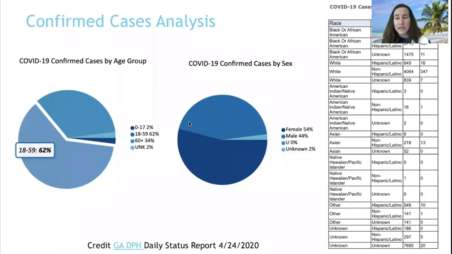When we take this data, if you are a person who likes numbers like I do, I like to play around with numbers. Statisticians will have a field day with these numbers. So you can take all of these cases, and if you get the information regarding those cases, was it a male, was it a female? What gender do they identify with? How old are they? All of this is good data that you can analyze and try to figure out who's more susceptible, who is more impacted by this disease.